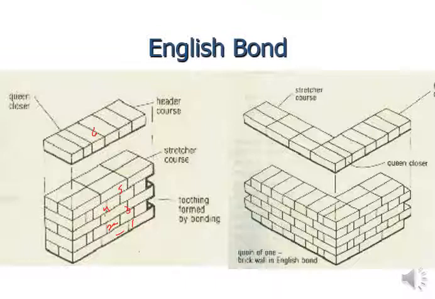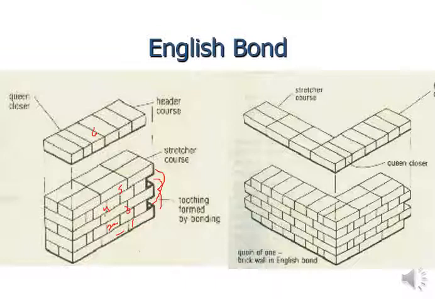In two ways you can define your English bond. The English bond is the type of bond in which you lay your bricks as stretcher bond in all alternate courses, and header bond in the other alternate courses. Or, all of the odd courses will be stretcher and all of the even courses will be header. Or you can define it as stretcher and header laid in consecutive courses: stretcher, header, stretcher, header, stretcher, header. In this way you finalize your English bond.